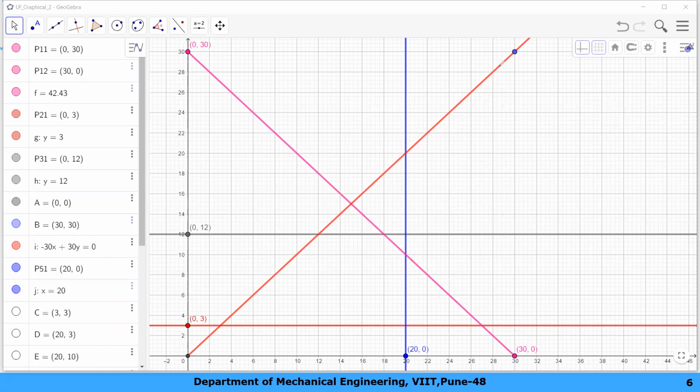Okay, now these are the lines you have plotted on the graph paper. We need to identify a region, an area which passes all the constraints. It should pass every constraint. Okay, so we have to identify such a region. See, this constraint is below, this constraint suggests greater than, this constraint suggests less than, here.